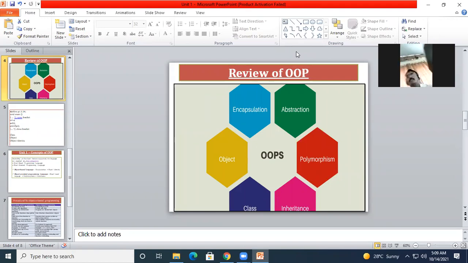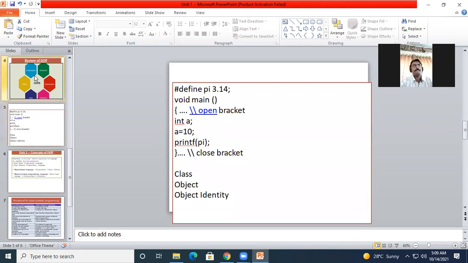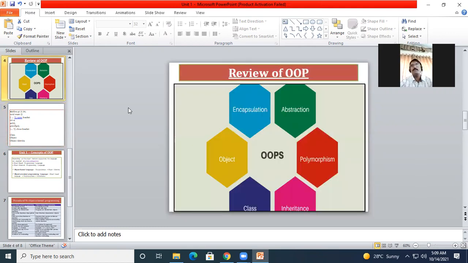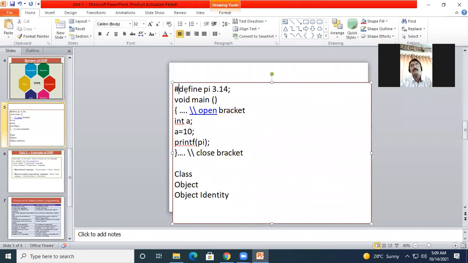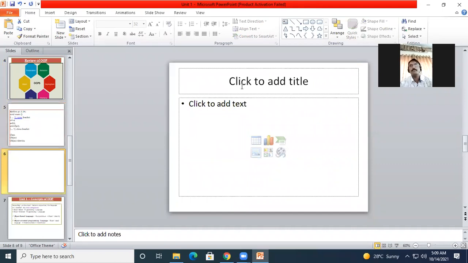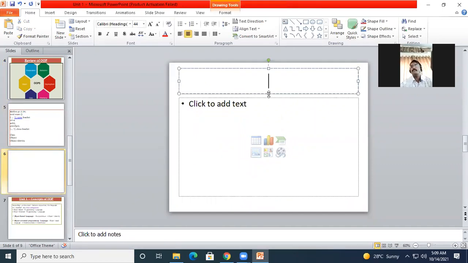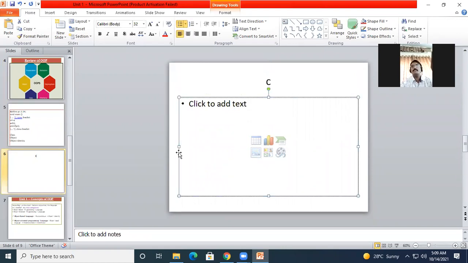See, when I write here, okay, now I will move to the slide, or I will create one more slide here. See, when I write this only here, what is this?